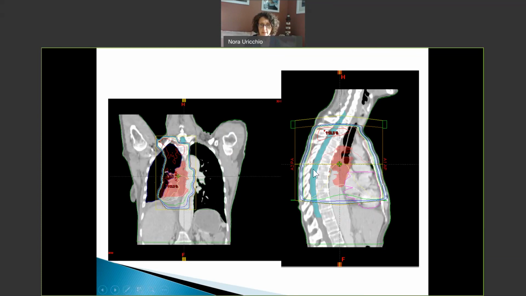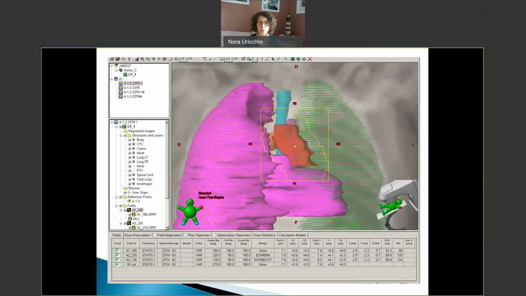And we can look at a side view and again showing us where the radiation is going. The blue is the spinal cord that we're trying to avoid radiation to. So when they're creating the plans, they will make sure that the dose does not go over the required amount to make sure we're protecting those normal structures. Once the plan is created, it does give a series of numbers that you're seeing at the bottom of this screen. And those series of numbers is what we would actually use to set the parameters in the actual treatment area.